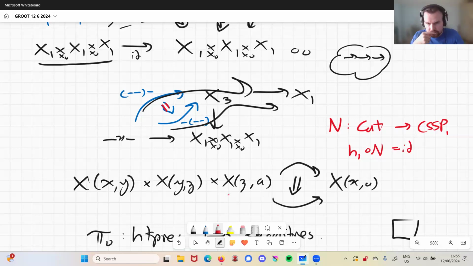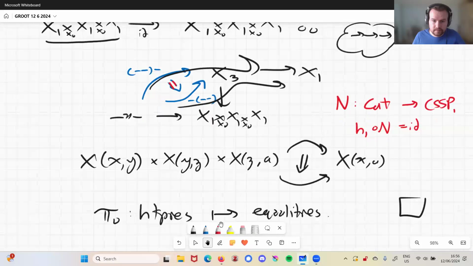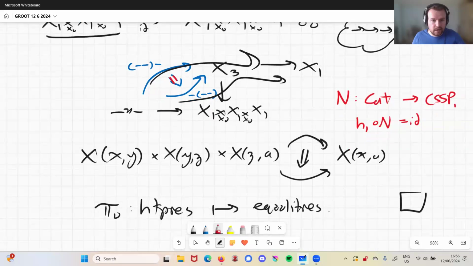Okay. So what we're going to do here is we're going to say that a homotopy is going to be written like this. A homotopy between two maps will be written in the following way. We'll have perhaps some A, and we're going to do them kind of like cylinders.